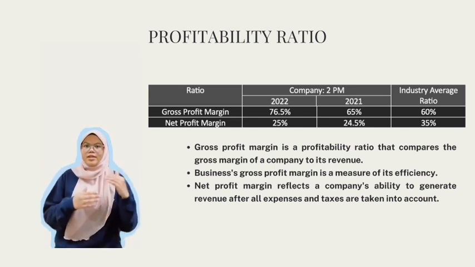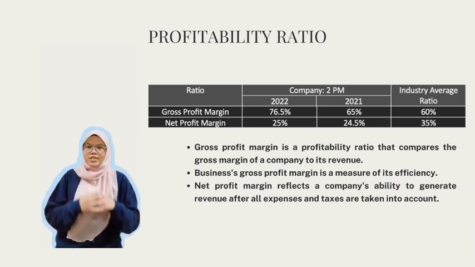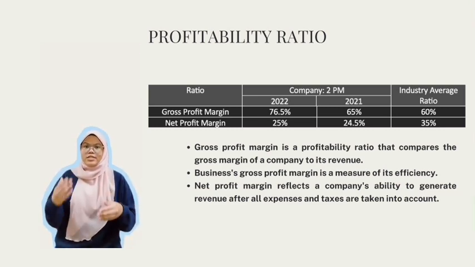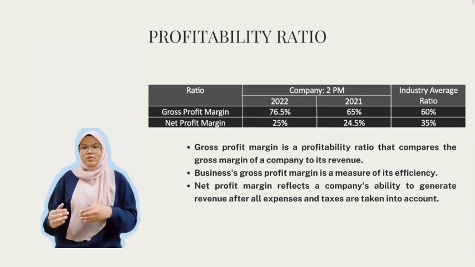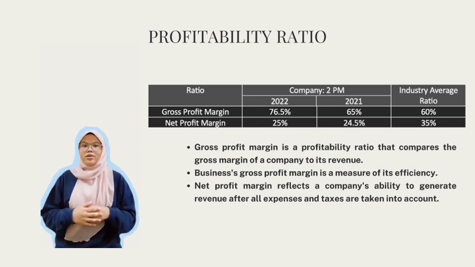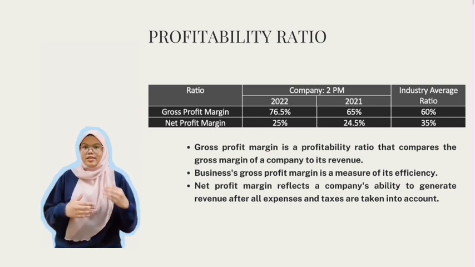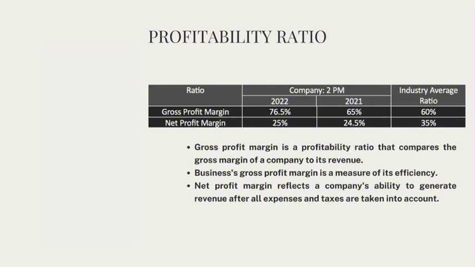This means a higher gross margin indicates that the company is running more efficiently and is more financially stable than other companies in the same business. But if the company is facing a low gross profit margin, it is a very worrisome situation because it can hinder profitability and negatively impact cash flow.